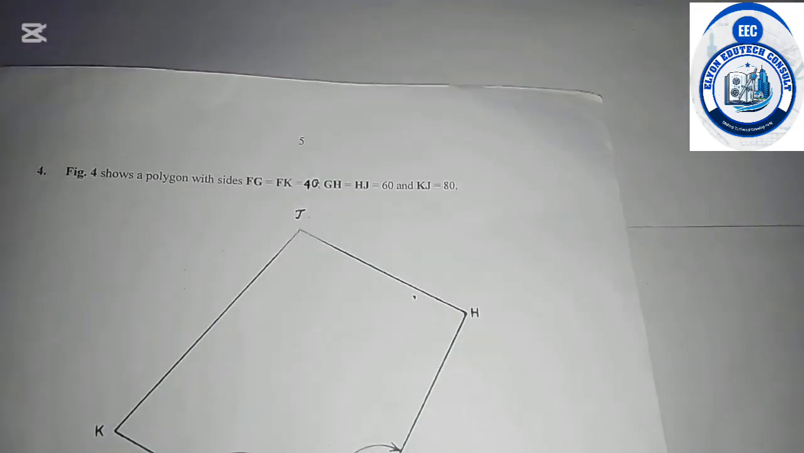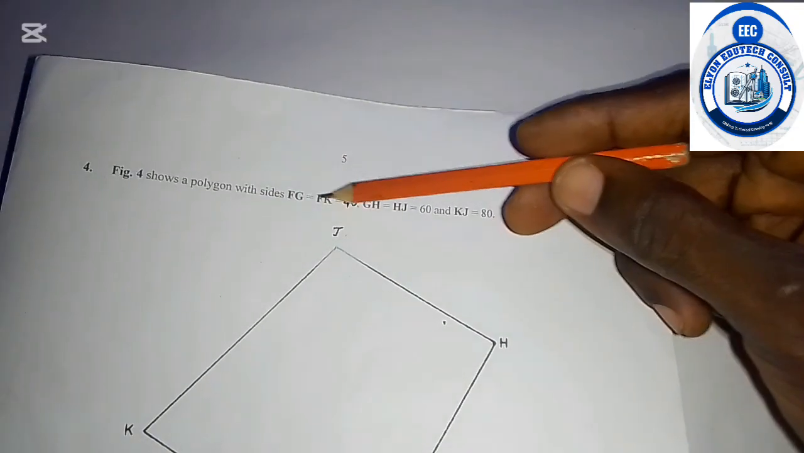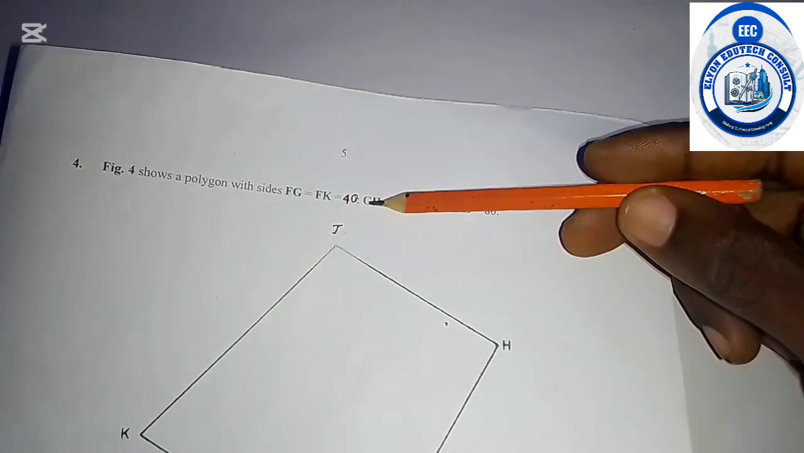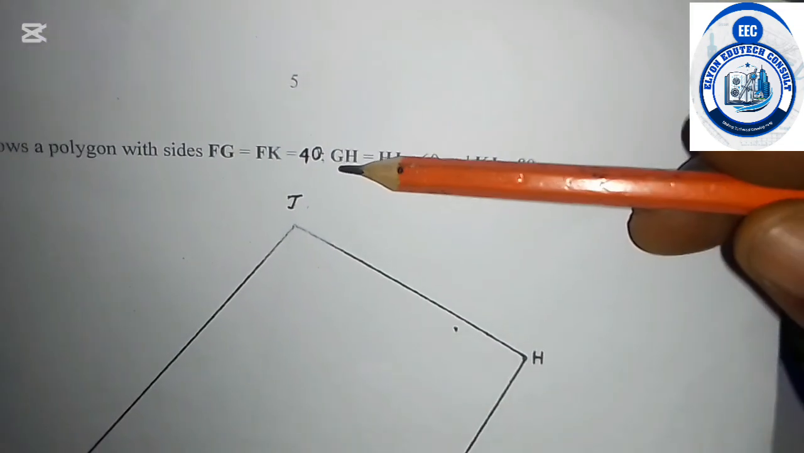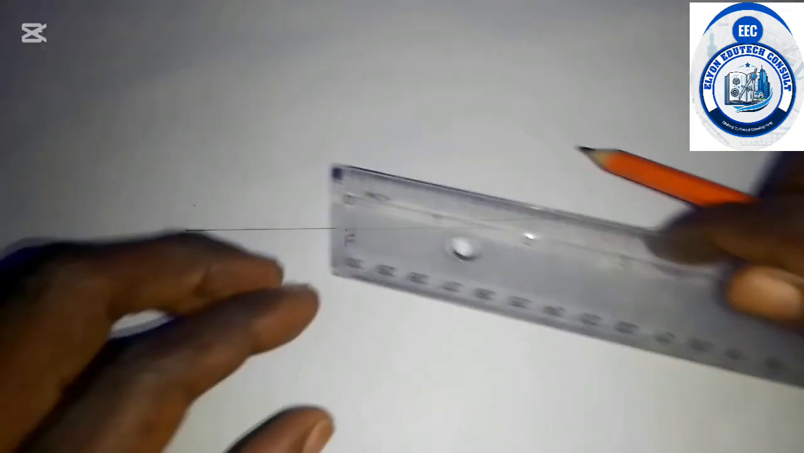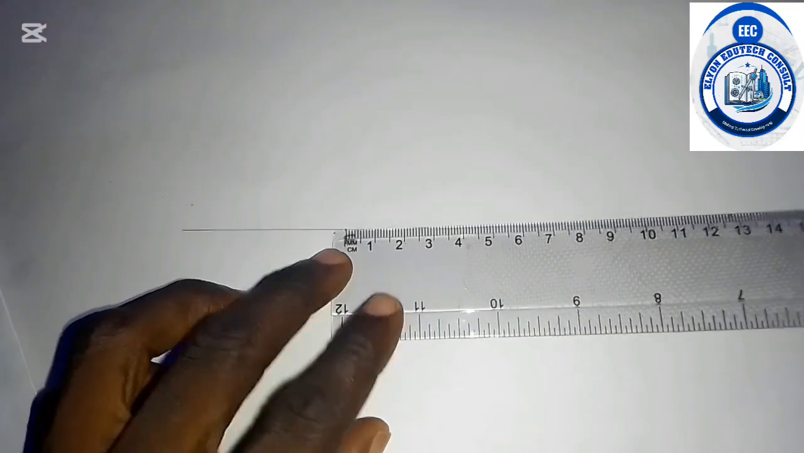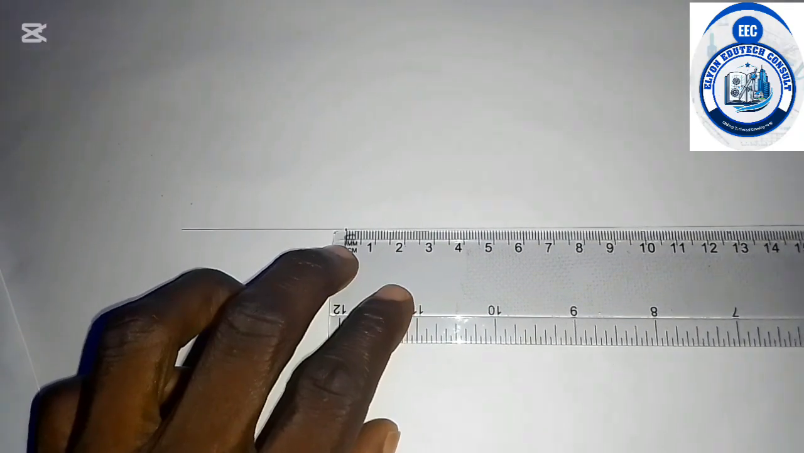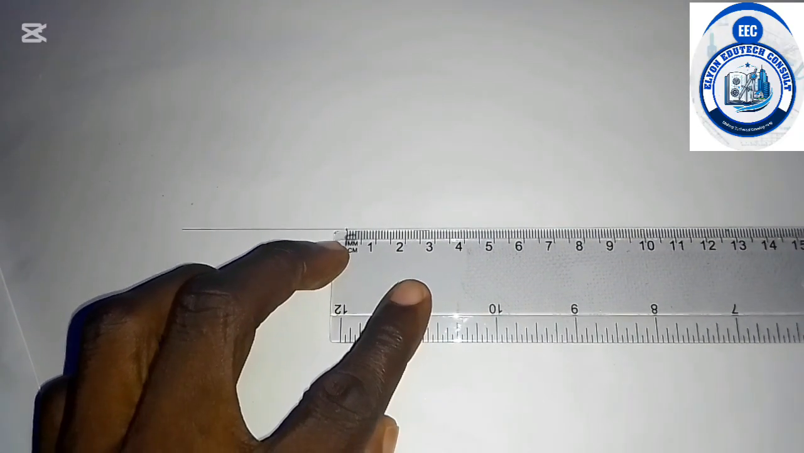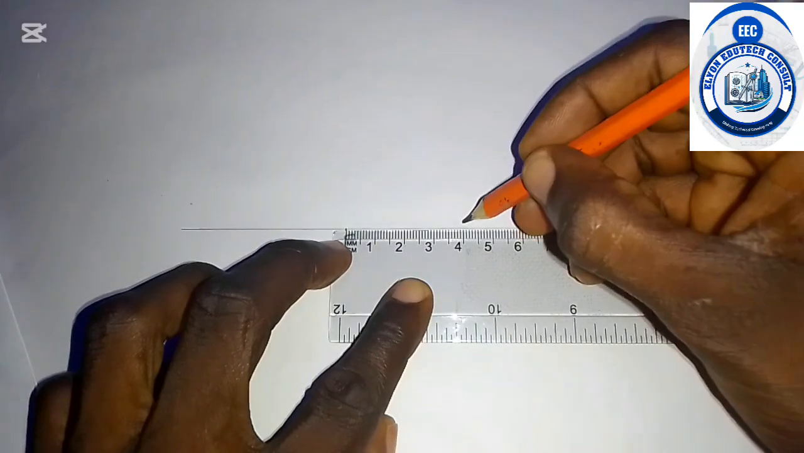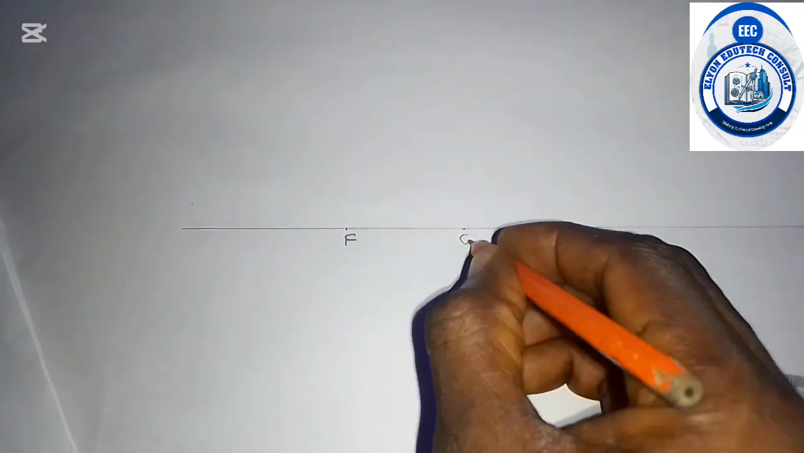And we are told that FG is equal to FK, which is 40, as we can see here. So I will take 40. So this is 40, and that will be my point G. So that is point G. So what do we do now? We are going to be drawing